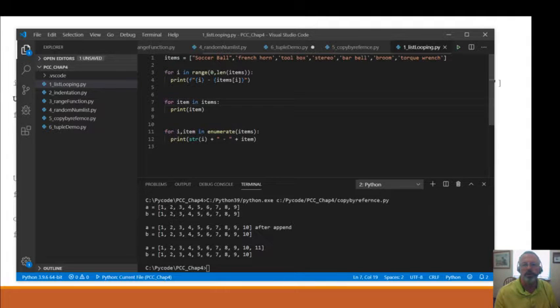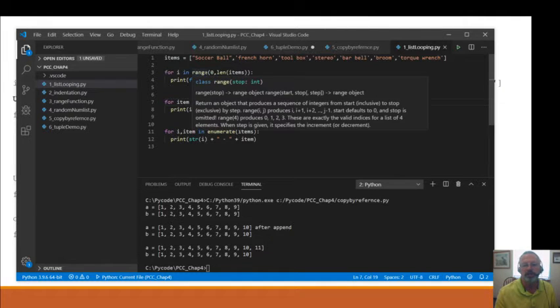And so if we look at this first for loop, I'm using a range, okay? I'm using the range statement. I'm saying for I, which is an integer, in the range, and I'm going from 0 to the length of the items. Now, if you remember from the last video, we talked about the length of the item is always one more than the last enumerator. Since it starts at 0, our enumerators are 0, 1, 2, 3, 4, 5, 6. So our length of our items should be 7.